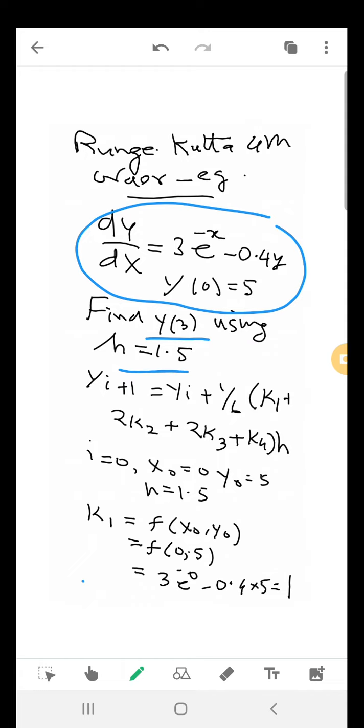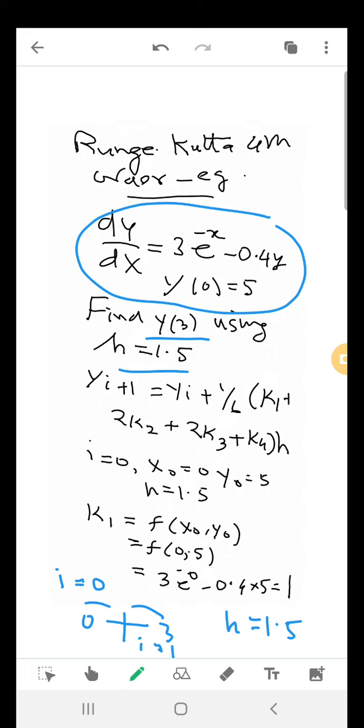So a step size of 1.5 means we need to perform two iterations. That means from 0 to 3, if the step size is 1.5, then 0 to 1.5 will be i is equal to 0, the first iteration, and from 1.5 to 3, it will be i is equal to 1,